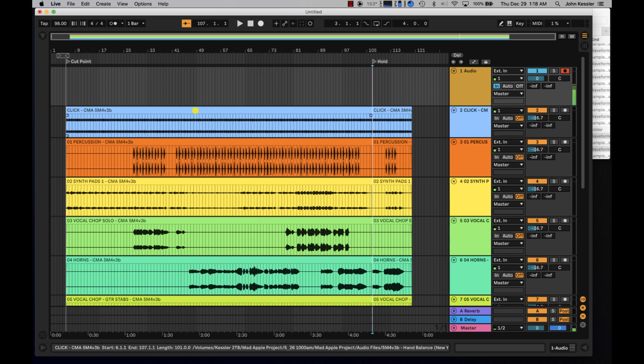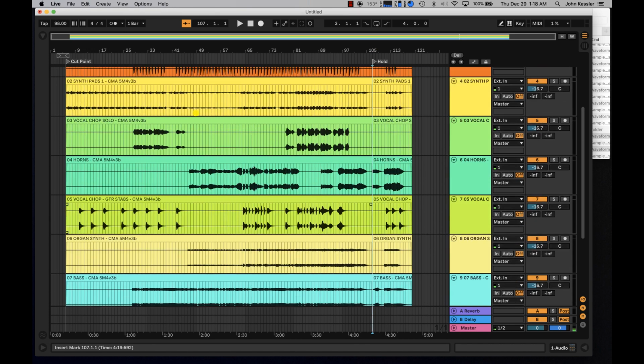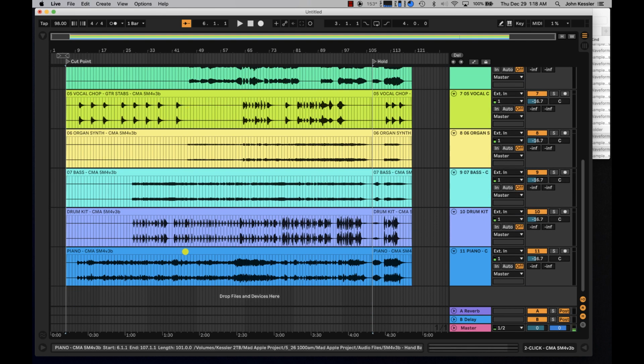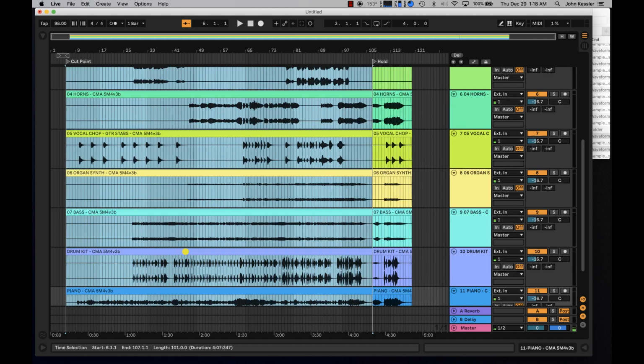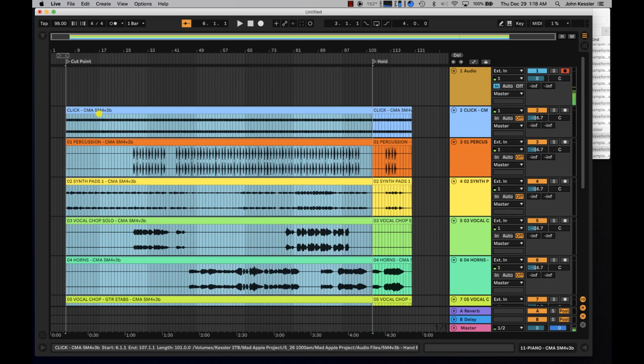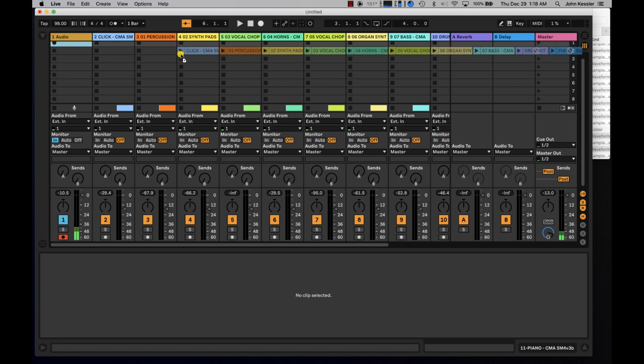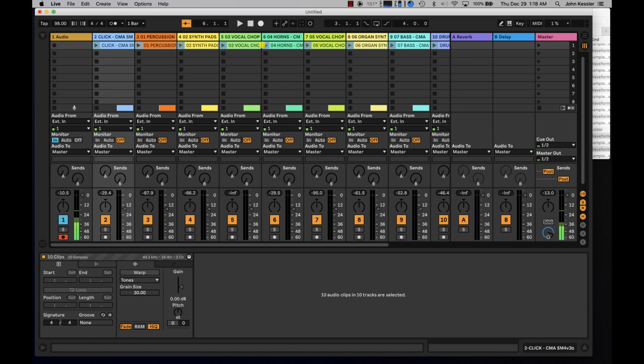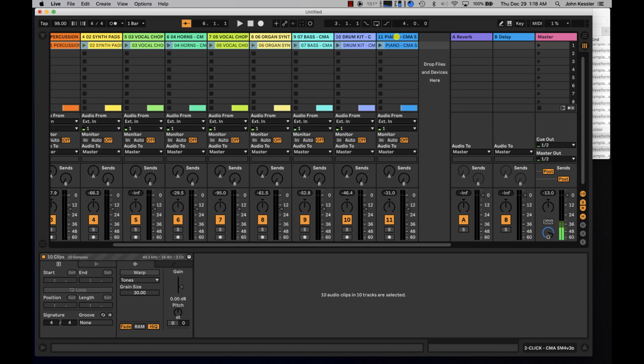Let's bring these 2 portions into session view so that we can actually use them. Click the top, click and hold shift to click the bottom. Now click the top, this is important, or wherever you're going to click and drag to in the session view. So click and hold, in my case the click track, and hit tab. And align it with what you're holding. So in my case it's the click track. I could offset these if I needed to, but it's nice that all these channels have now named themselves appropriately